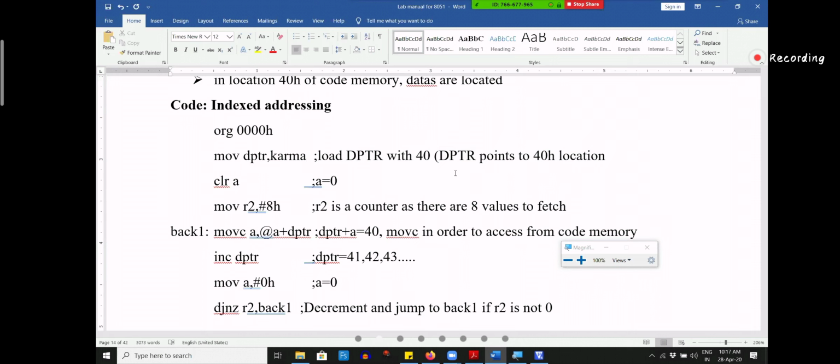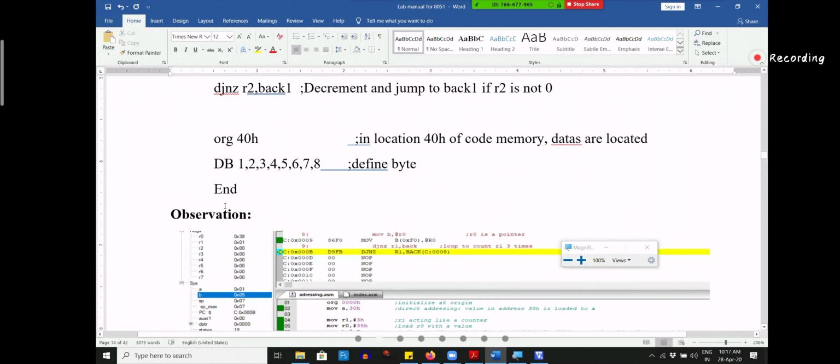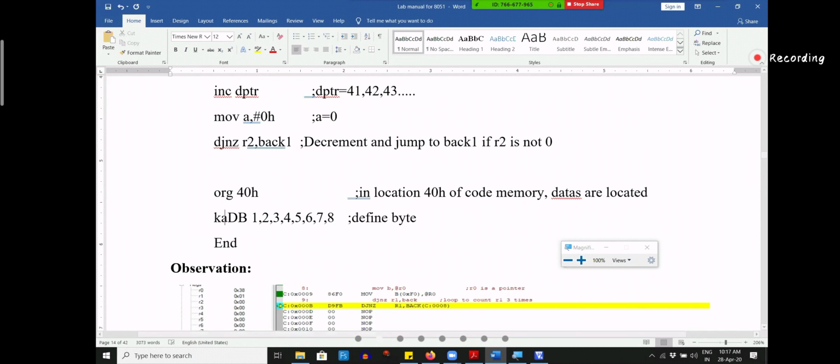Hash karma, and this karma I write as a label here. This will do the same thing. It will be running as the same thing. This is how you did it last time, and with the keyboard,